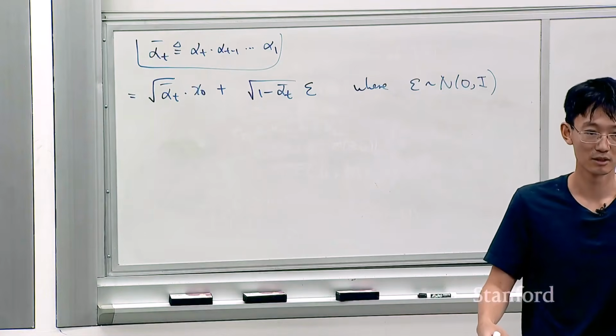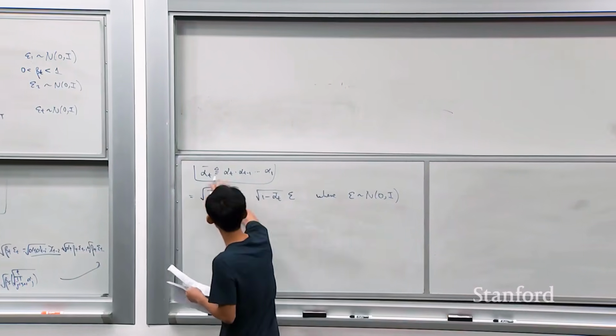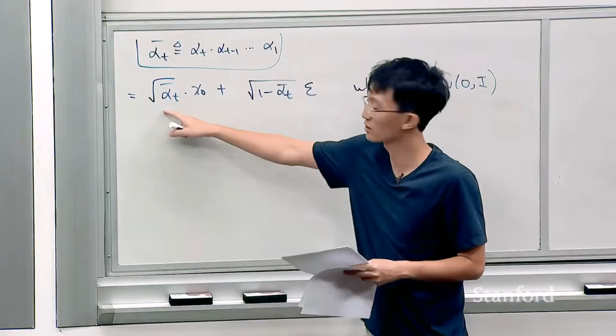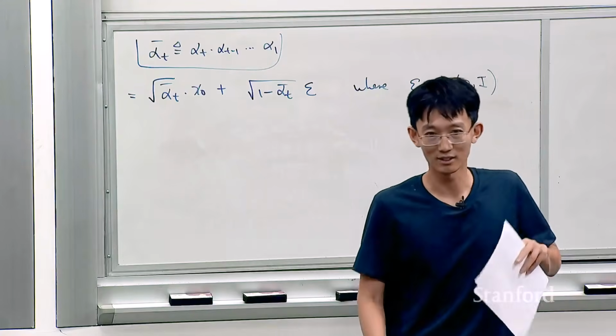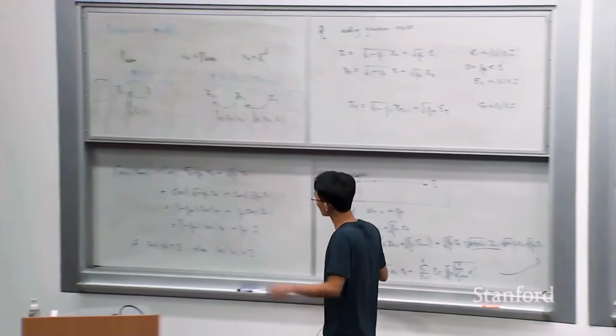Define alpha t bar as the square root of... I think alpha t bar is the product. Oh, and then you have a square root here. Okay, yeah. And the reason why there are so many square roots here is just because